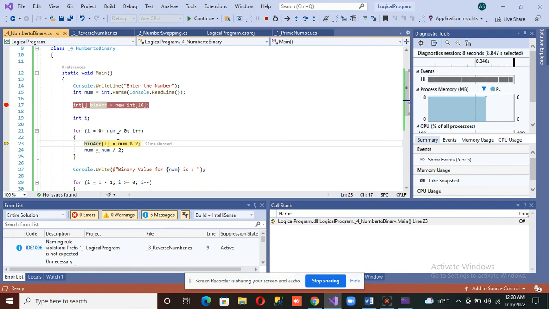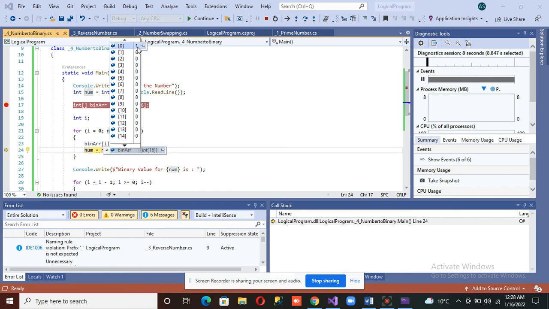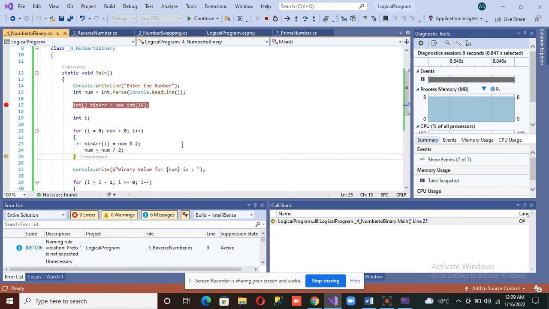After dividing 45 by 2, what will be the remainder? It is 1, so you can see that the remainder is 1 here. And now the value of num is equal to 22.